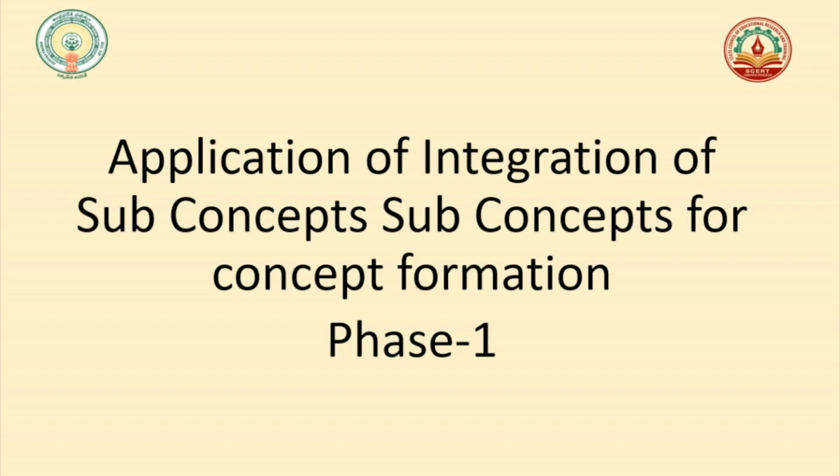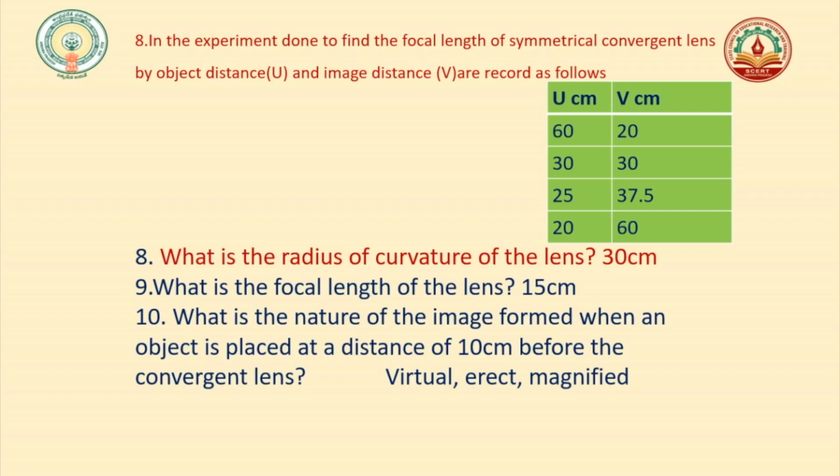We have to integrate all these sub-concepts. How can we do that? Let us see. In the experiment done to find the focal length of a symmetrical convergent lens, the object distances and image distances are recorded below. Here, the object distance is 60 centimeters and the image distance is 20 centimeters, and at 30 centimeters object distance, the image distance is 30 centimeters. Already we discussed, if the object distance is equal to the image distance, that will be the radius